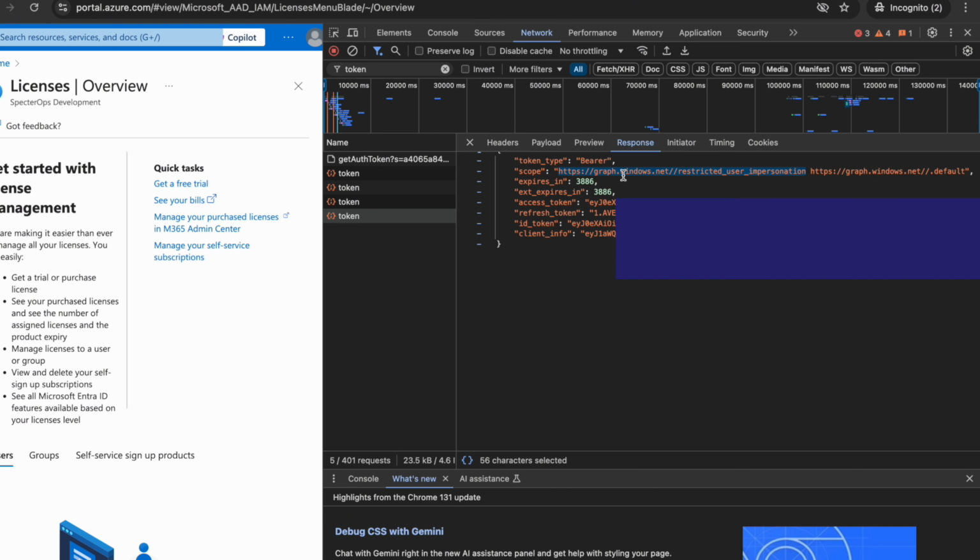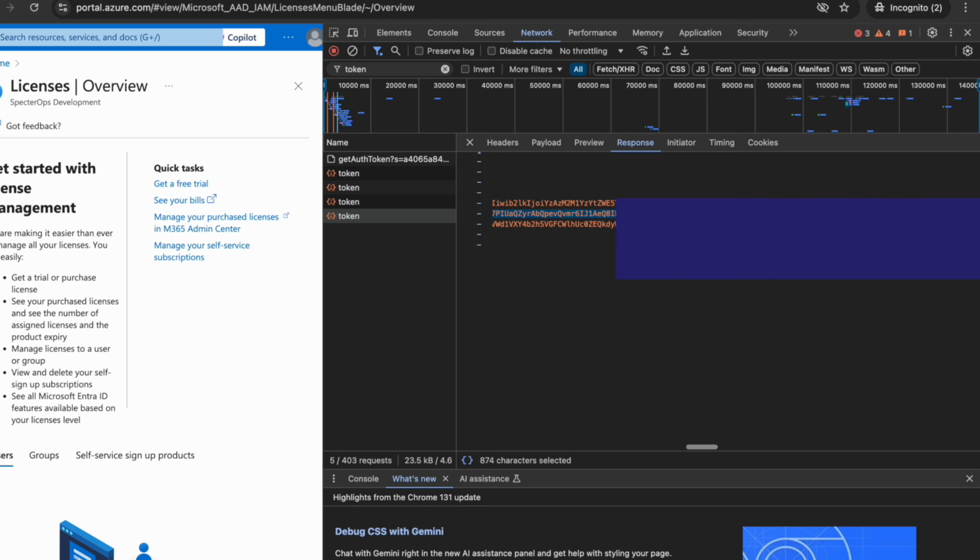You could potentially grab the access token out of the response here and use this alone to try and complete your ROADrecon collection. If the tenant is small enough and the token lives long enough, then you don't even need to worry about using the refresh token. But alternatively, once we see that we have a graph.windows.net token here with user impersonation, we'll just go ahead and grab that refresh token